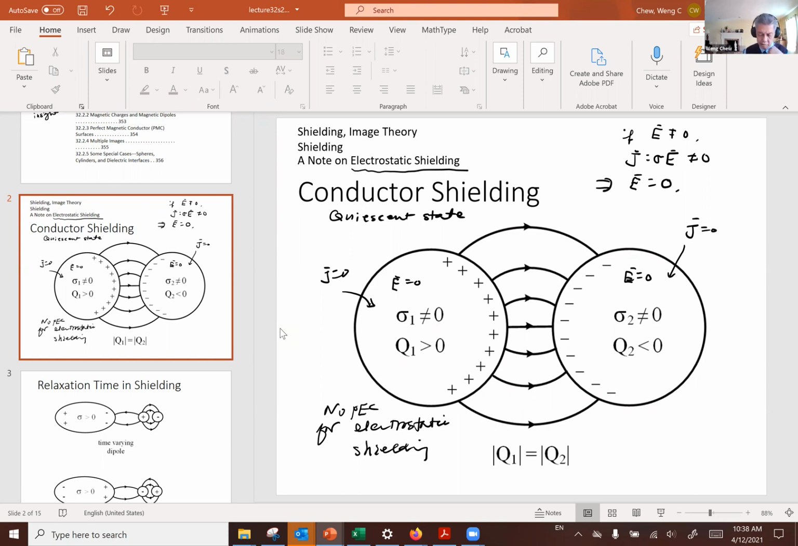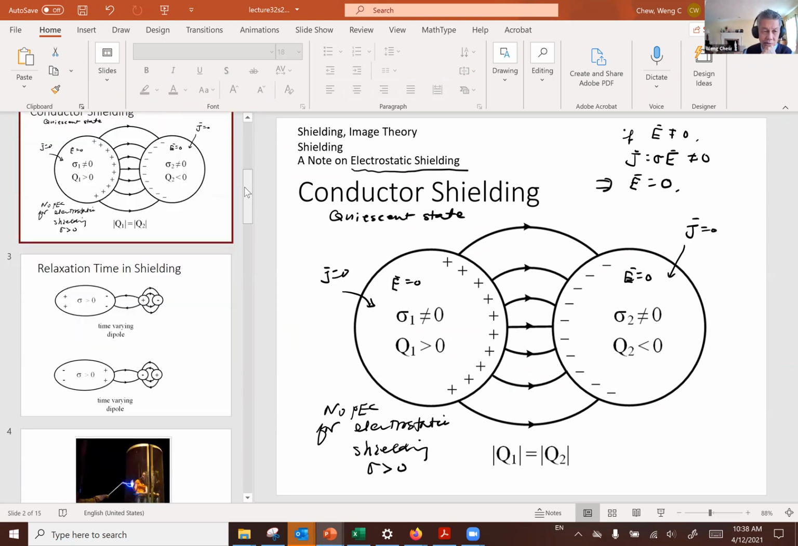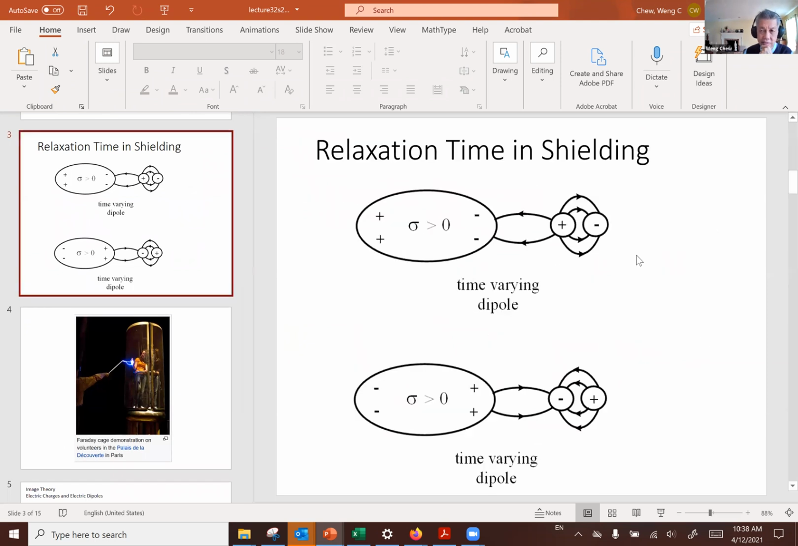Just need the conductor. You just need the fact that sigma is larger than 0. That is good enough to produce shielding. However, this is for statics. And if the sources are time changing in state, like what we see here, if this is a dipole source,